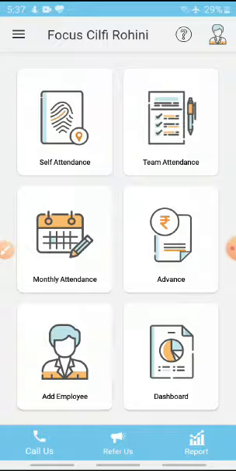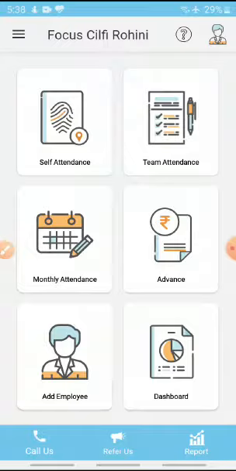For doing all the activities in Silphy, please download and install Silphy HRMS from the Play Store and log in using your mobile number. You will receive an OTP on the same number. Enter the OTP and verify it. Once you log in, you will get tutorials. Just read them and click on the next button to pass on to the next tutorial. After that, you will get a screen as shown in the video.